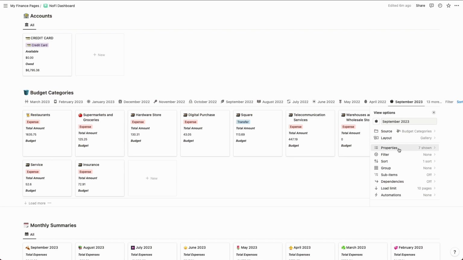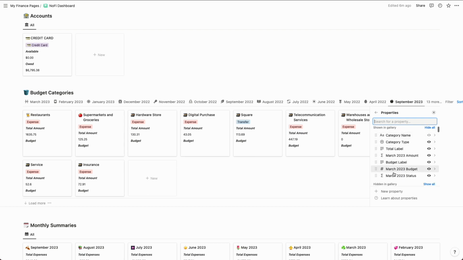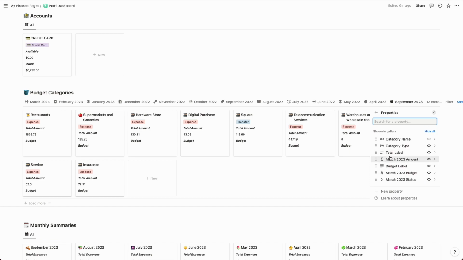And so where we really want to focus our attention now is the properties section here. So let's go ahead and click into that. You'll notice that we have some properties shown here. And these are all specific to March 2023, since that is the month we just duplicated. So obviously this is September 2023, so we want to make sure that we have the correct